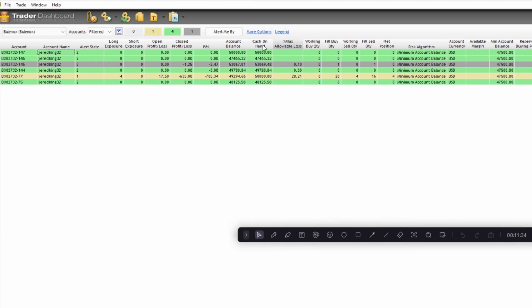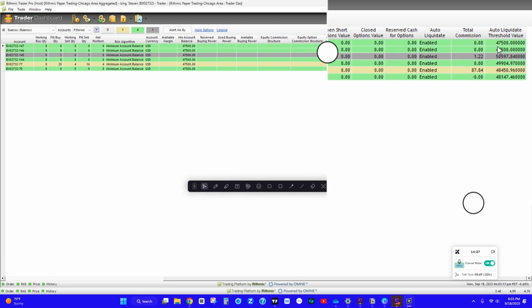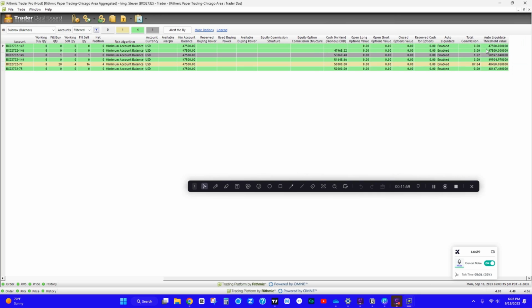Once you press Dashboard, this is going to pop up. You're going to have your accounts that are open. You go all the way to the very end, right? It's going to say auto liquidate threshold value. That is going to tell you the lowest and minimum account balance your account can go to before it is